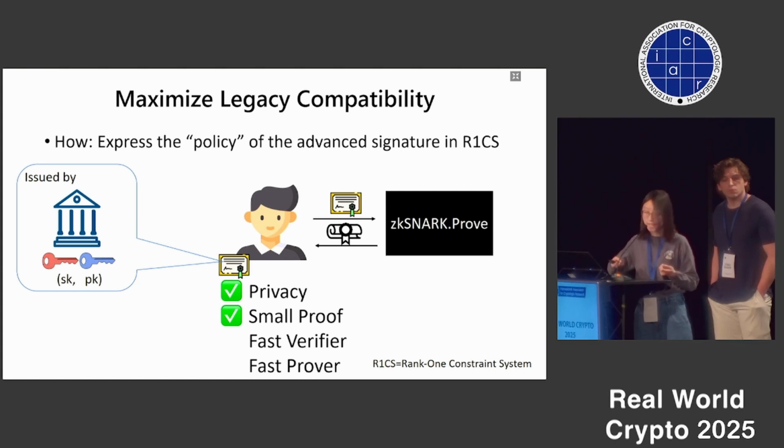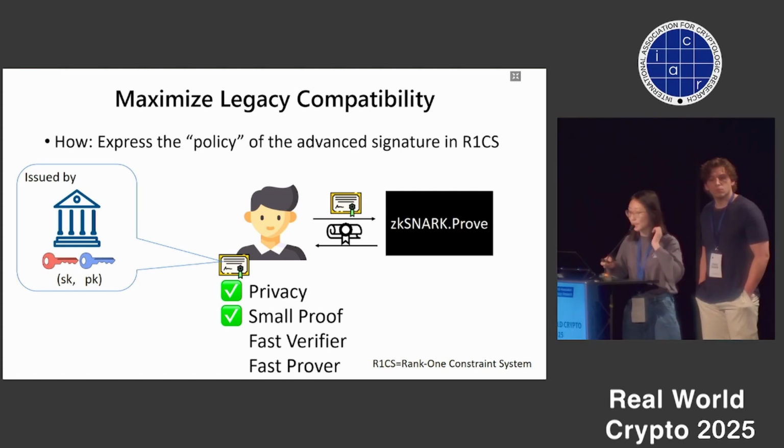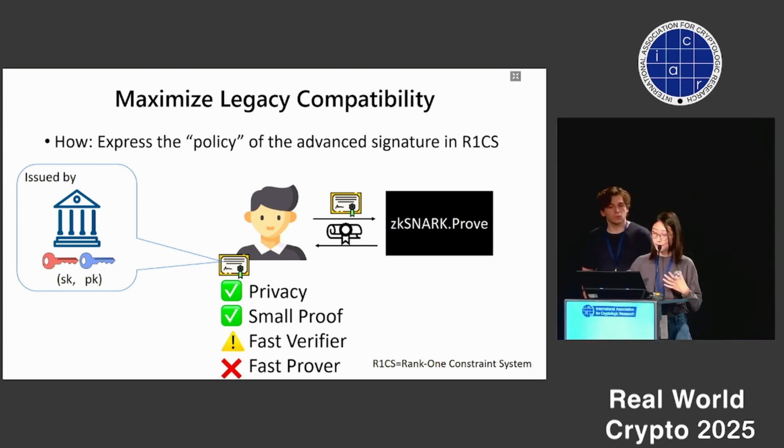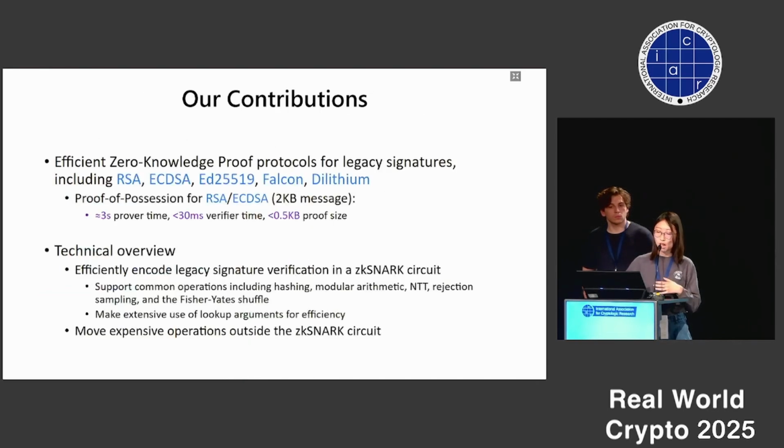zk-SNARKs provide privacy and small proofs for us, but operations like signature verification are very expensive to represent in the zk-SNARK circuit, because these involve hashing and elliptic curve operations and so on. So we need to find a way to efficiently represent those operations in the zk-SNARK circuit, and we additionally move the expensive operations outside the zk-SNARK